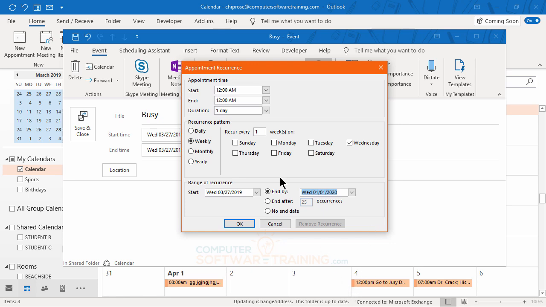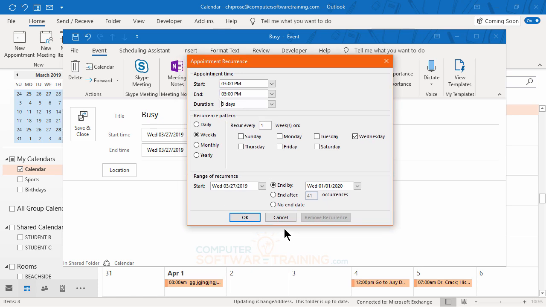Now, once I've done that, I check it over, and we've got one more thing. We've got to worry about the time here. So it's going to be from, in this case, from 3 o'clock until 5, so 2 hours there. This thing got all messed up here.